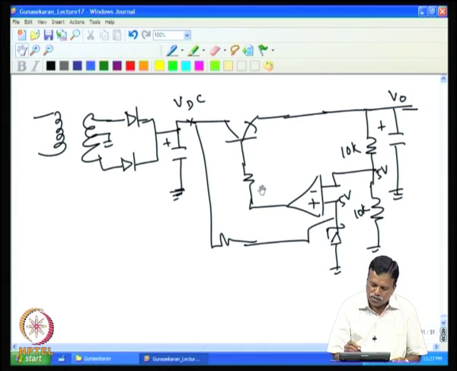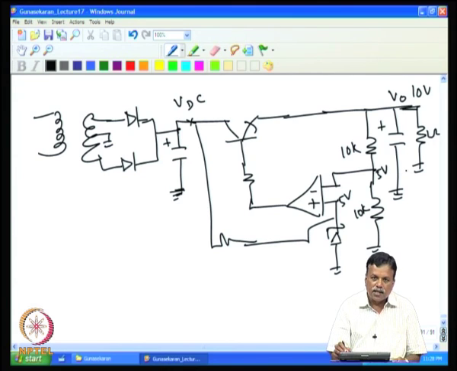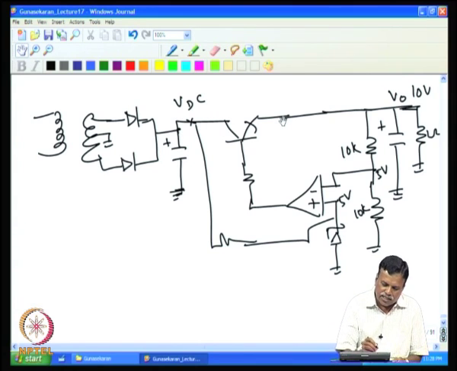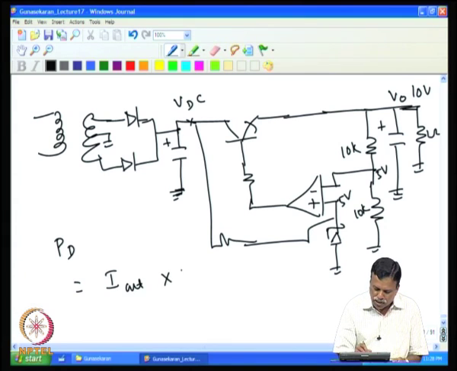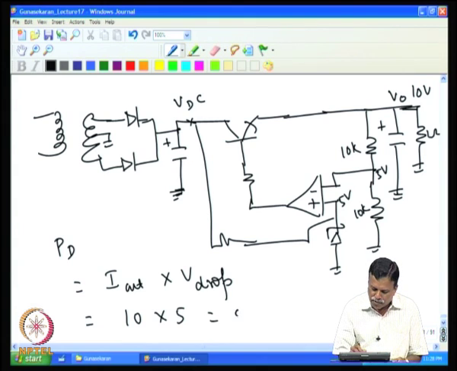For example, if I want to use it for high power, if I want an output load here. Suppose in this case it is 10 volt here, and if I put 1 ohm resistance, then I need to have 10 ampere current flowing through this. Now, the 10 ampere current has to go through this transistor. Then power dissipation on this transistor would be I output into the voltage drop across the transistor. So, if the input is 15 volt and the output is 10 volt, then you have 5 volt across this, and 10 ampere current flowing will create 50 watts dissipation. So, this will be 10 ampere and 5 volt drop, that will give you 50 watts dissipation, and we have